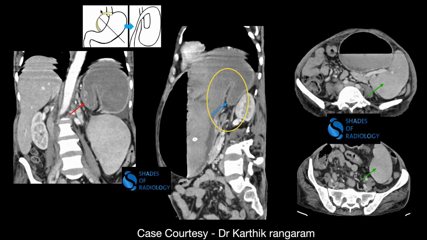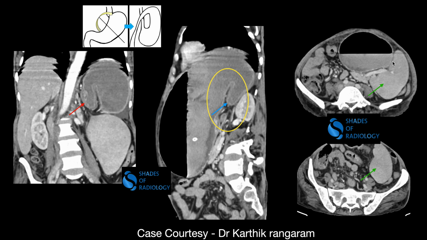So this is a mesenteroaxial volvulus because the volvulus has happened in the plane of the mesentery. You can see the flipping has occurred. The antropyloric region of the stomach has come above, like in this image where you can see the illustration. The similar thing has happened in our case.